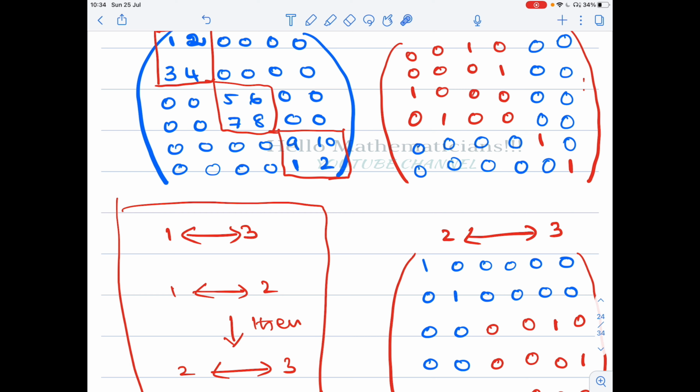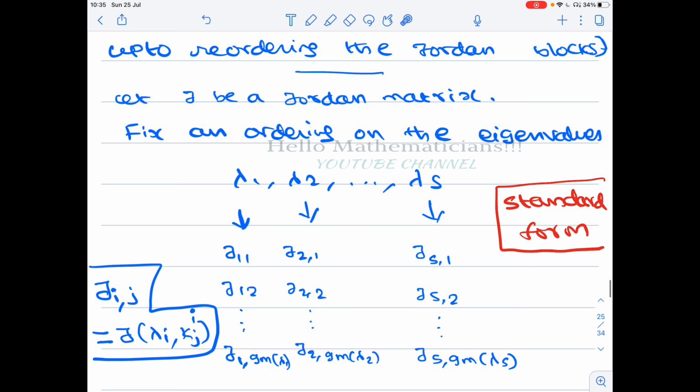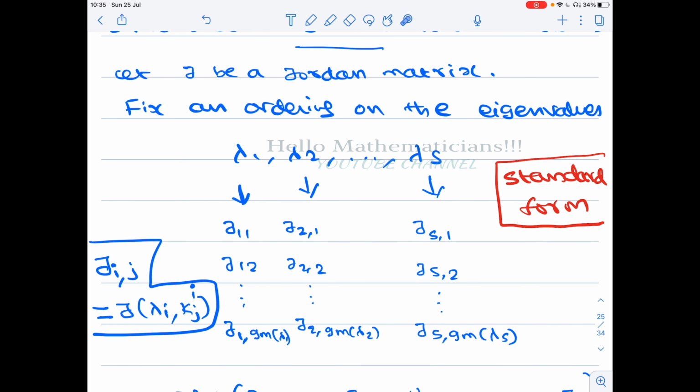We know algebraic and geometric multiplicity for Jordan matrices, and if a matrix is similar to a Jordan matrix, then that matrix also has the same property. Now we know that if you permute the blocks in a Jordan matrix, the resulting matrix is also similar to the original matrix. So with this information, we can state the Jordan canonical form theorem.